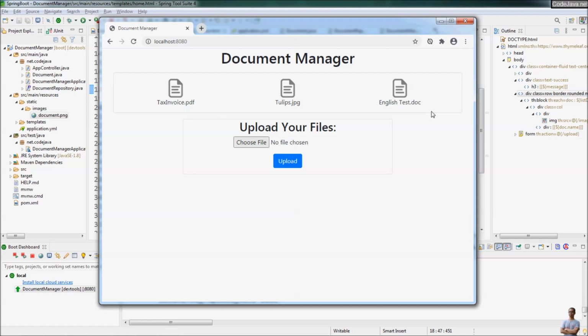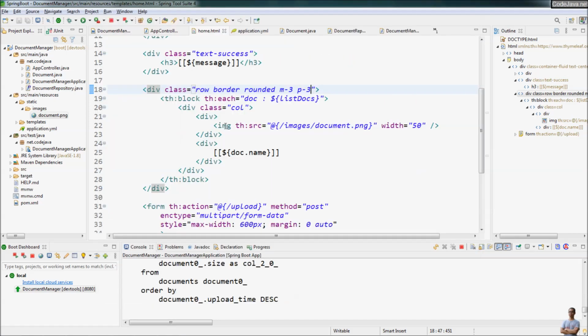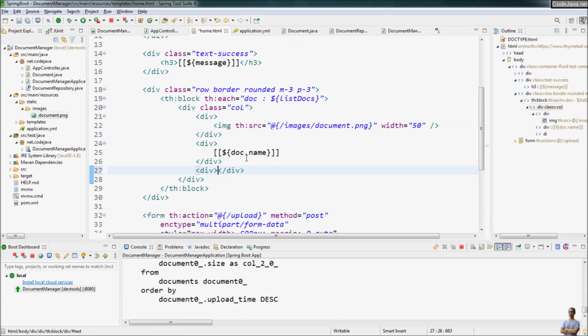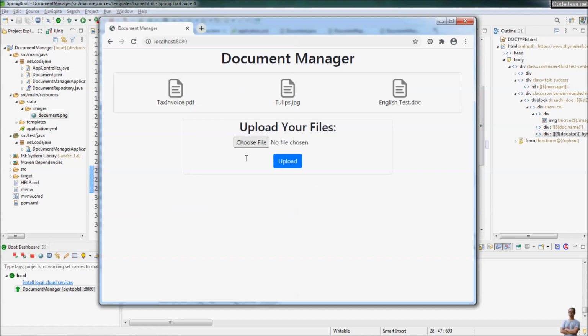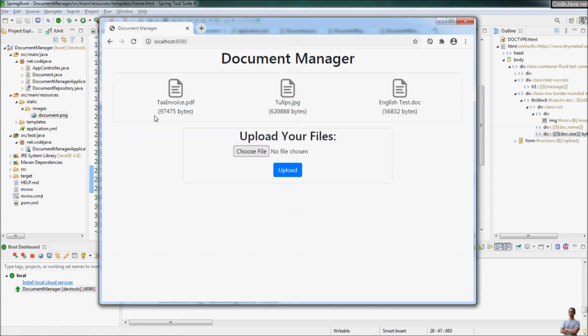You see, and below the file name is the file size. So we have the div section displaying the file size here. We use the Thymeleaf syntax to bring the doc.size here, plus bytes. Refresh, and you see it shows the file size of each document here in bytes, and